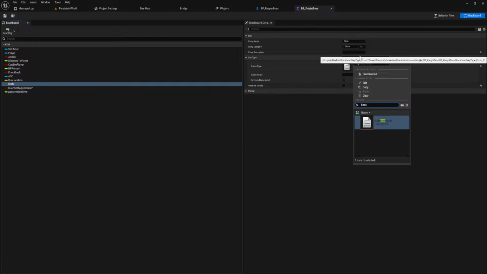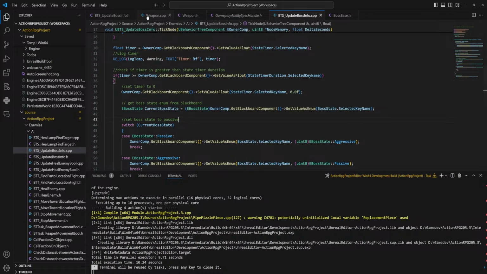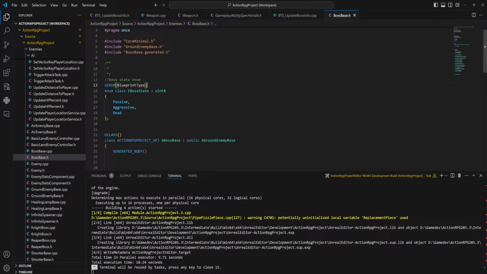Okay, so we can just... Why is boss state not here? Why is it not here? Because it's... No, it is a blueprint type. That's all that should need.